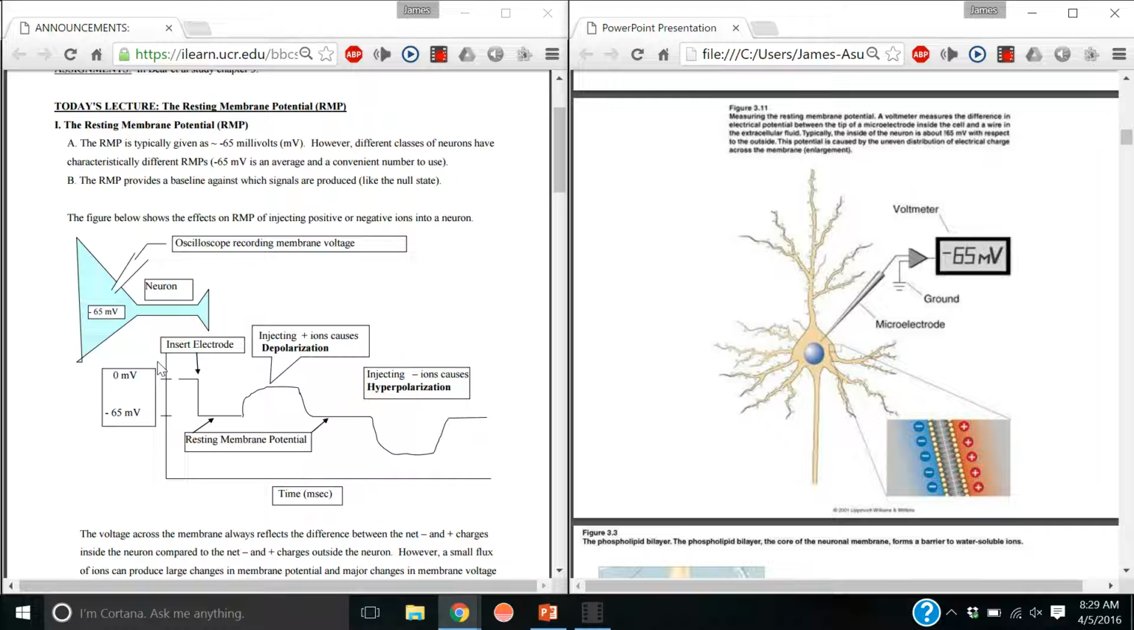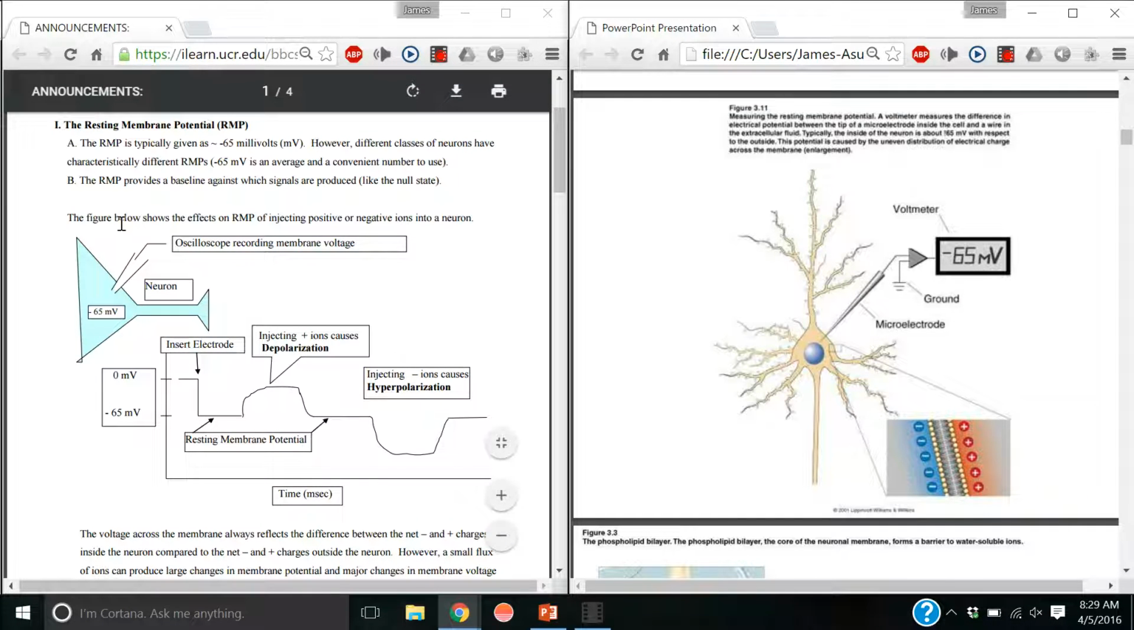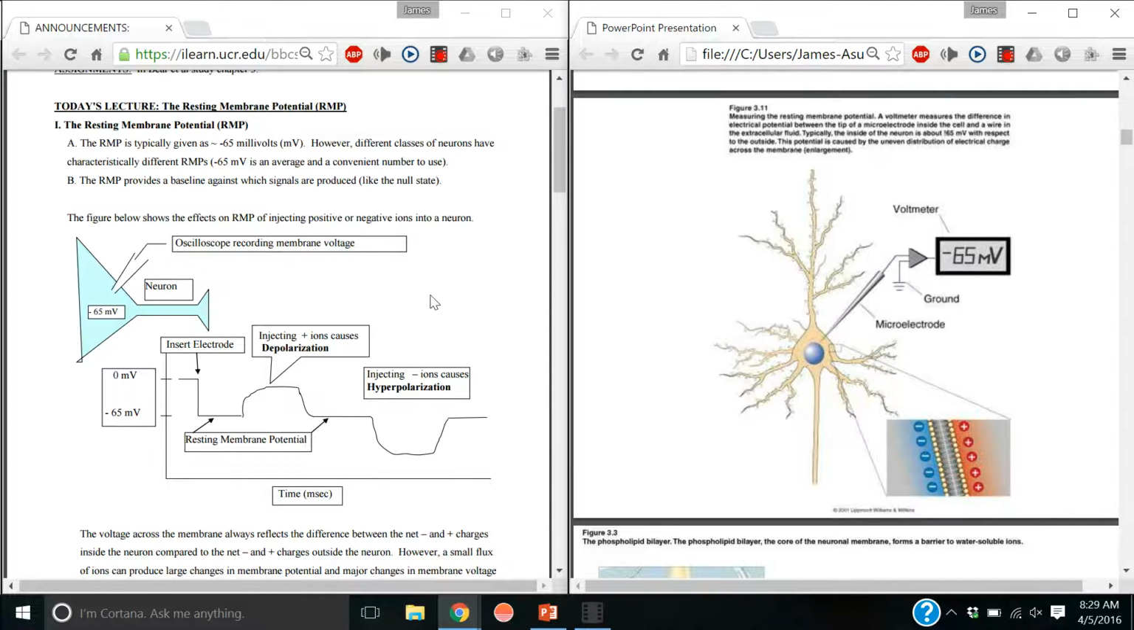So in this first example, what happens if in this neuron at rest, at minus 65 millivolts, you inject positively charged ions? It doesn't matter whether the ions are flowing in via physiological means, we'll do that later, or you're just penetrating another microelectrode and experimentally injecting positively charged ions. What happens when you're injecting positively charged ions is that the membrane potential will become more positive,